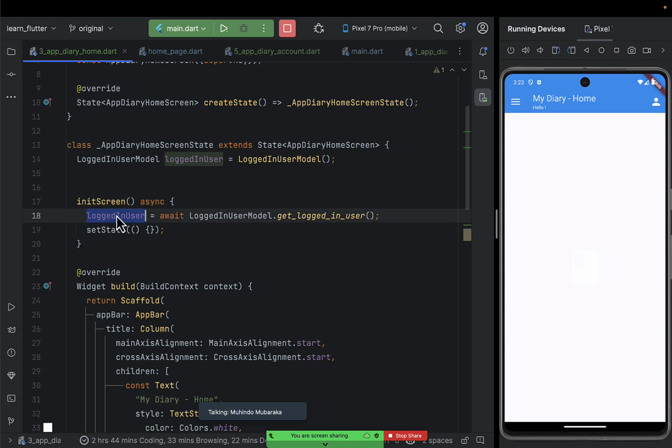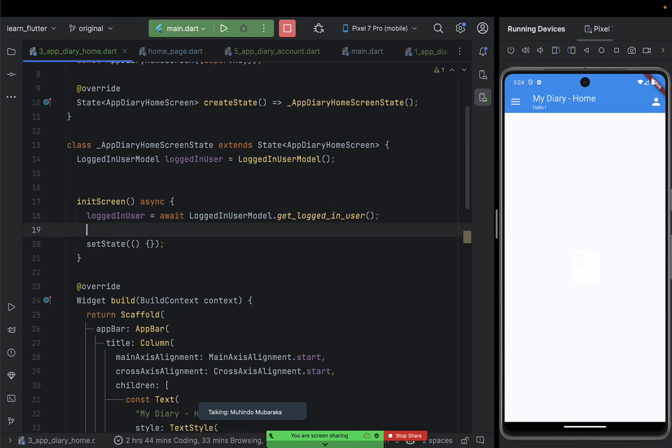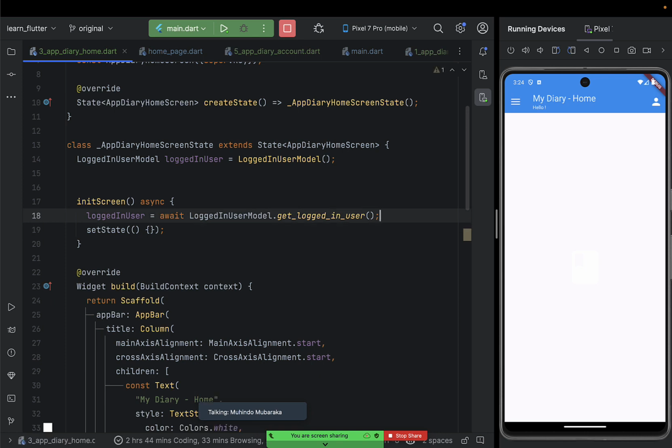Then you say logged in user equals await logged in user dot get logged in user. This one is going to get for us the logged in user. You can check if the ID is less than 1, then maybe the person is not logged in, and then redirect them accordingly. After you set state, it will update this logged in user variable and substitute it with the data of the person who is logged in. So if I save,